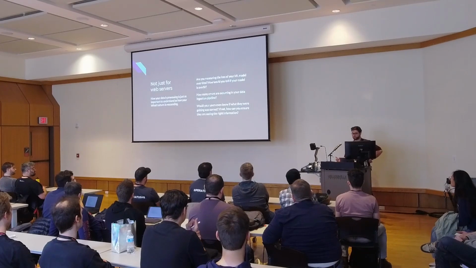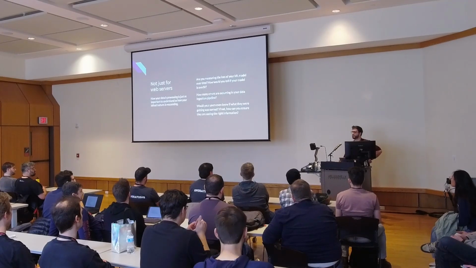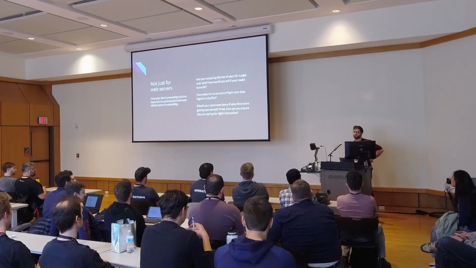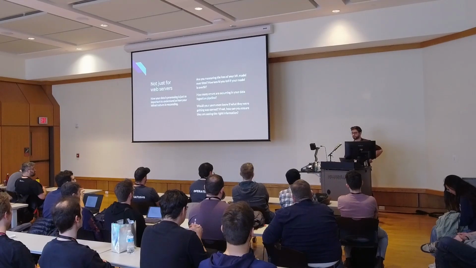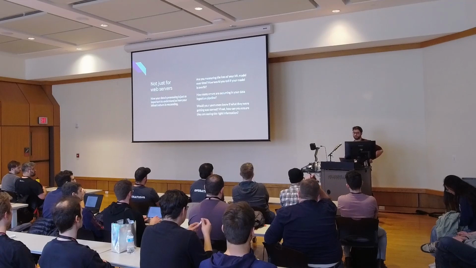So the question becomes, how can you ensure that they're seeing the right information? Do you have automated UI tests? Do you have some sort of production test that's hitting the search index, looking at certain values, right? How can you ensure that what they're seeing is correct? Again, this is going back to those data and logic errors we talked about earlier.